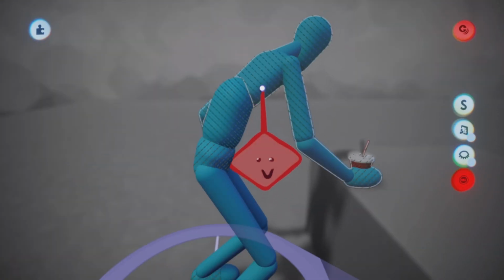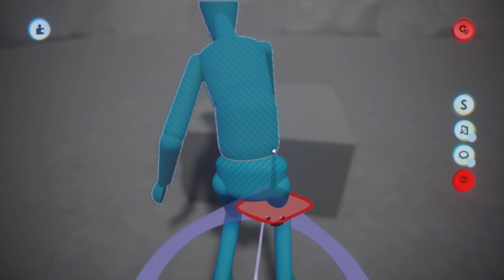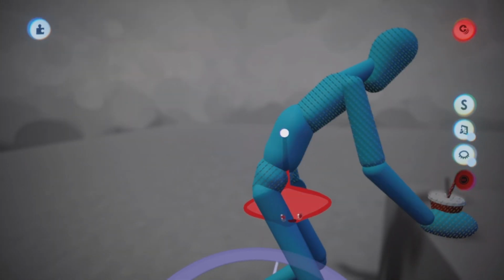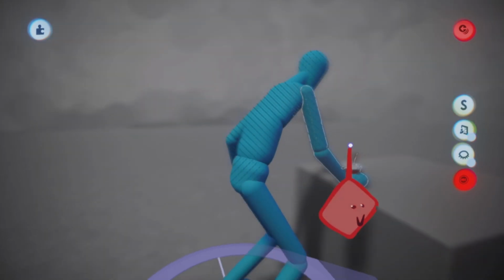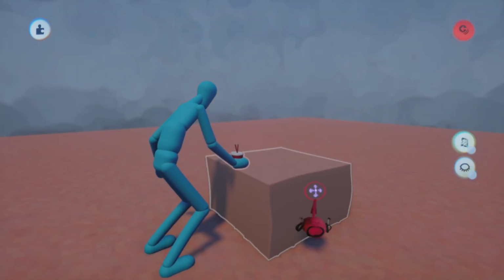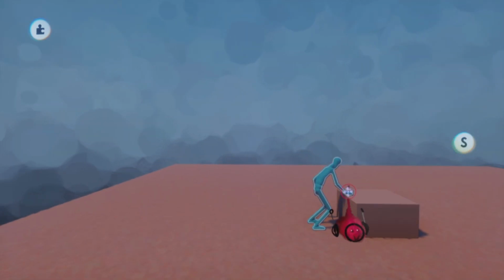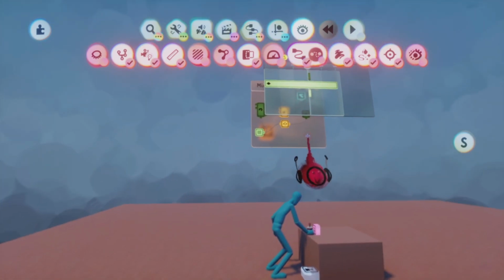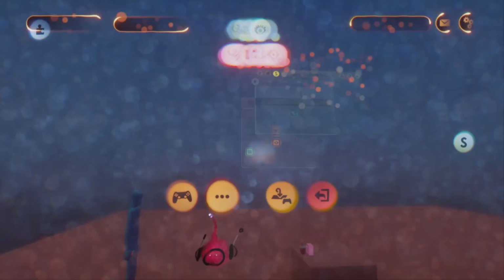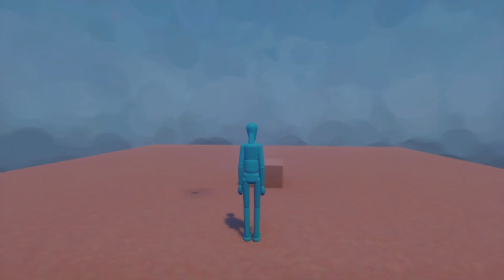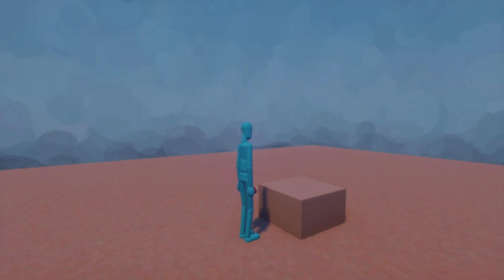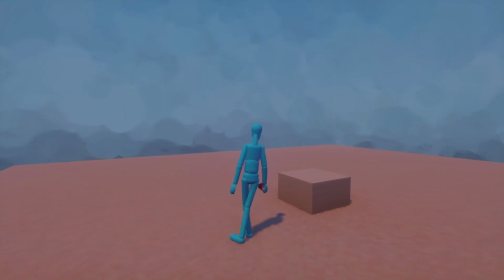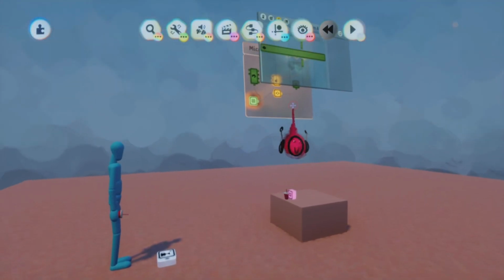Kind of fix the character so that it looks like his spine isn't breaking. And yeah, we'll do that. Now, if we press play from here, it's going to look pretty jarring because it's just for 1 millisecond. But maybe that's the kind of movement you want. But if you want it to be smoother,